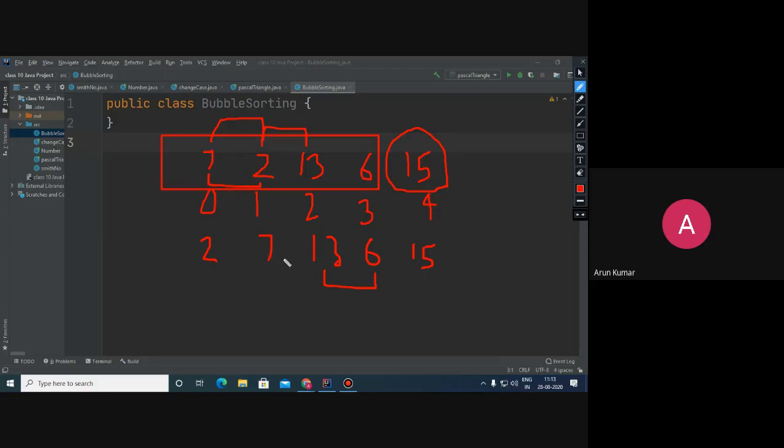If I compare these two, there will be no change because they are already in order. But if you compare these two, there will be a change. So it is 2, 7, 6, 13 and 15. The second phase is over, and after the second phase, the second largest element is at the second last index.